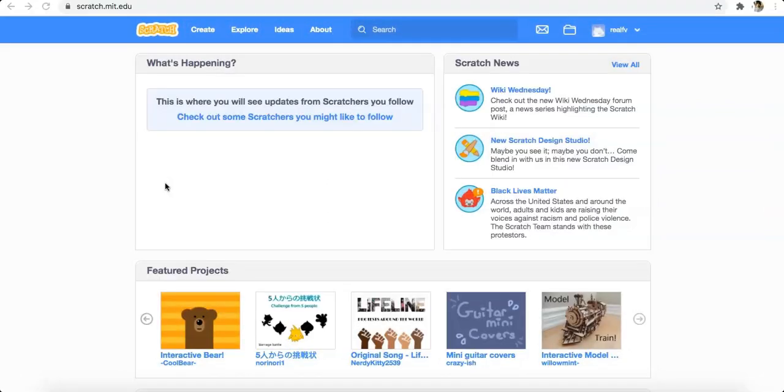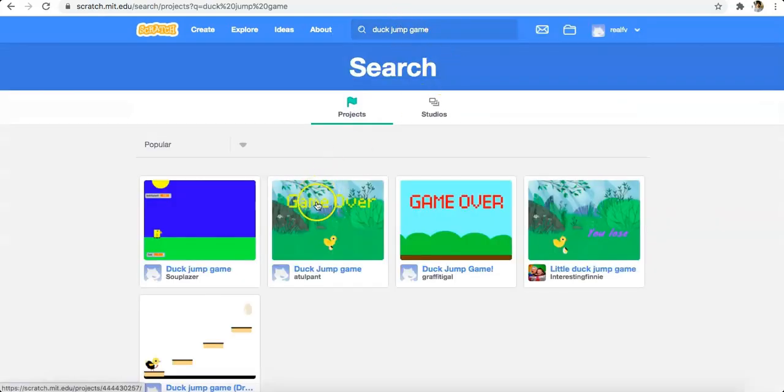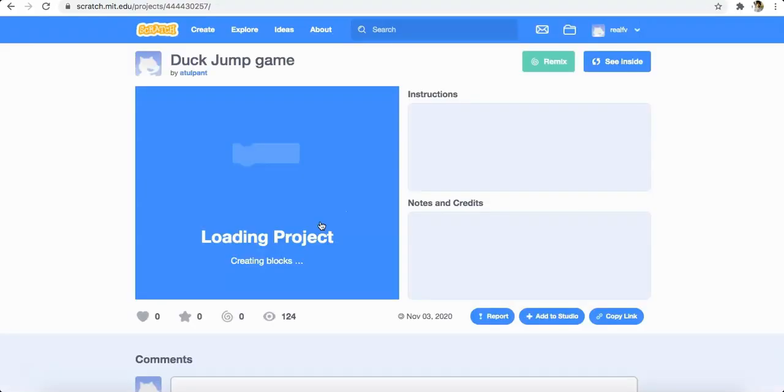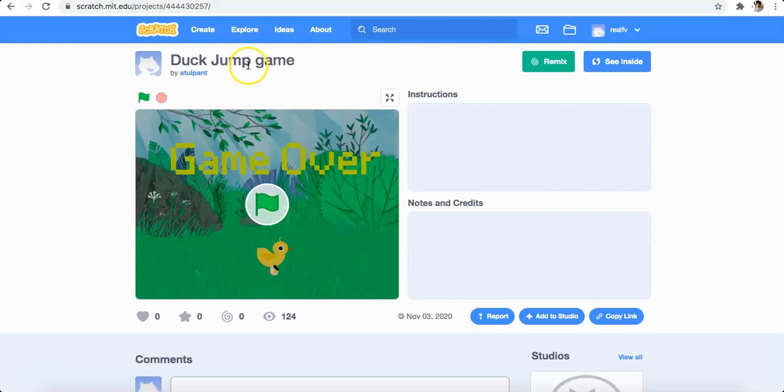And before we start, let me share with you a very funny game, the duck jump game. Let me take you to the space. This is a very funny game, and this particular duck jump game was created by Atul Pant.